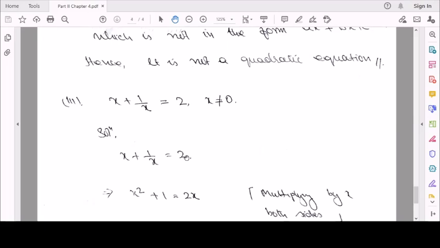How do you know that we have to multiply by x, or we have to multiply